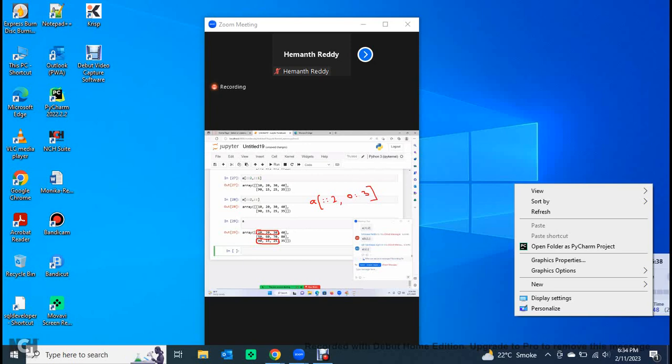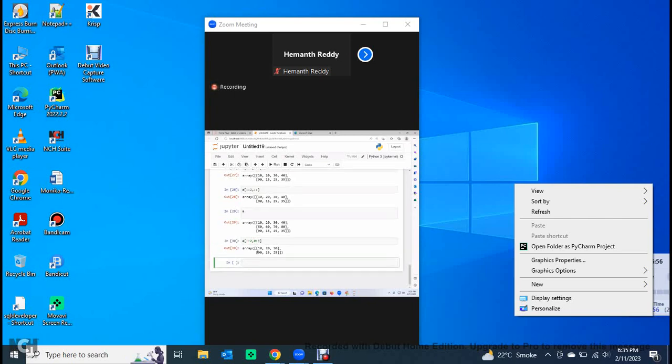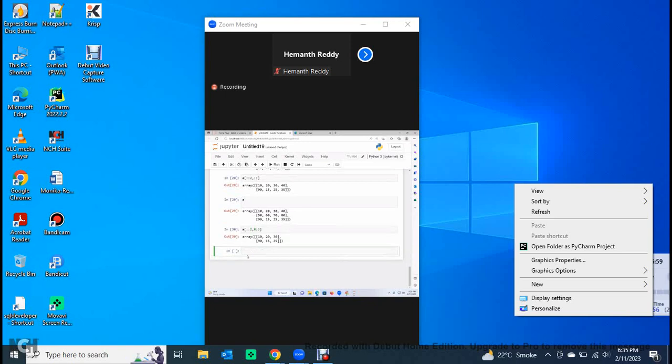That's all. 0, 1, 2: all columns but step 2. 0 to 3, 0, 1, 2, 3. 3 minus 1 is what? 2. That's all. A of colon, colon 2, comma, 0, colon 3. Getting or not? Dead easy.